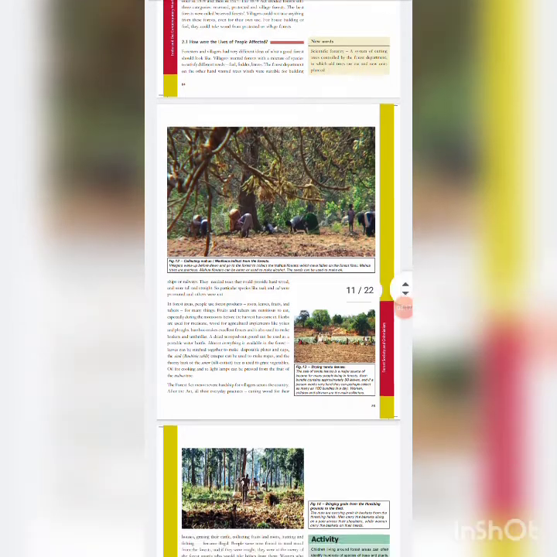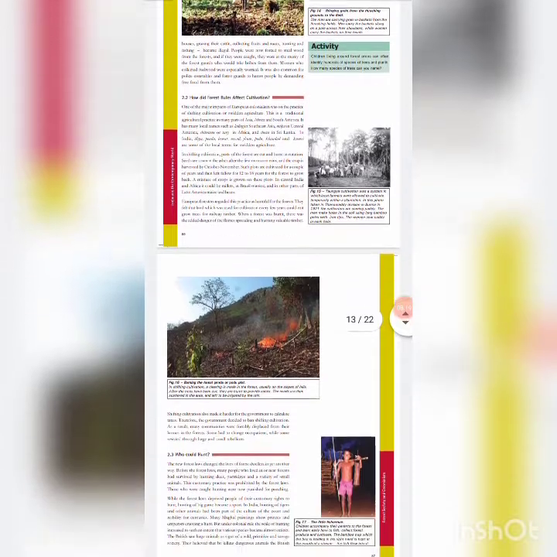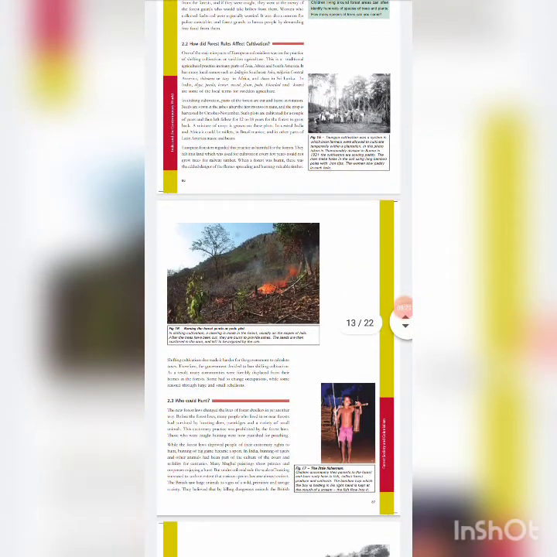Now, how did forest rule affect cultivation? Practices of shifting cultivation, or Swidden cultivation, was disrupted during European colonialism. It is a traditional agriculture practiced in many parts of Asia, Africa, and South America.